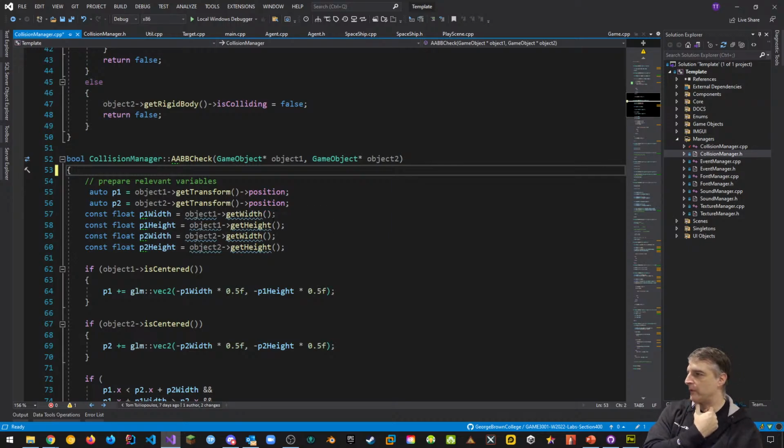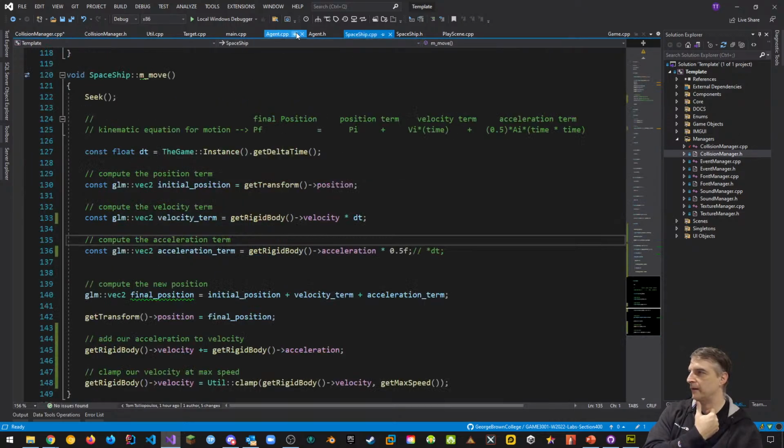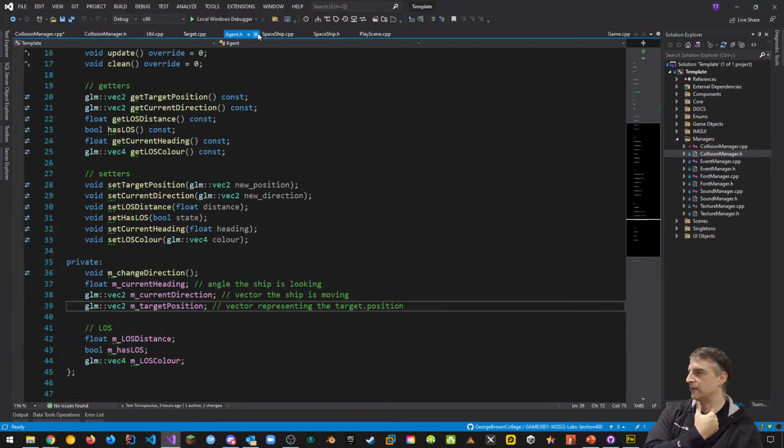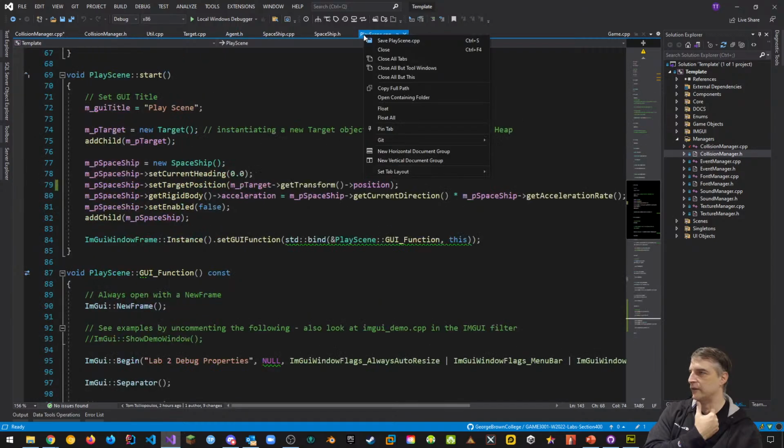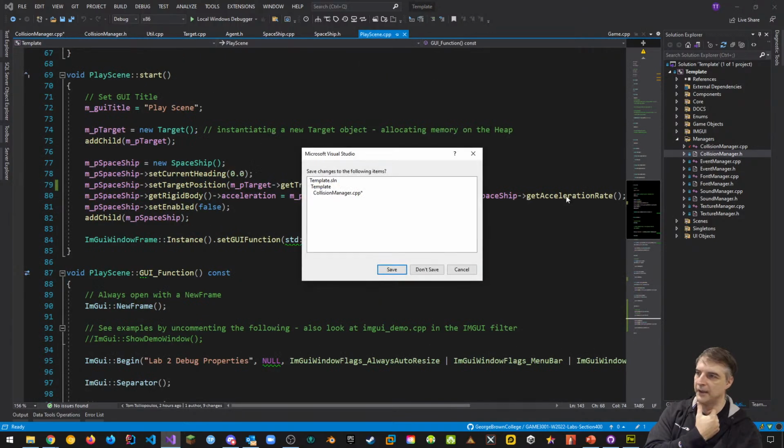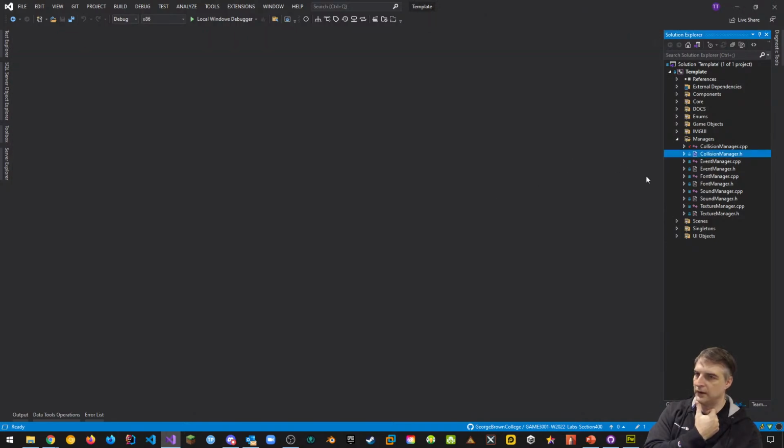But what is this get width and height anyway, right? Get width and height is something that we set in the object. So if I was to look at the spaceship, going back to my spaceship example, and let's close down all the other stuff that we don't need because it's just polluted. Actually, let's just close everything down, reopen our spaceship. How about that? Close all tabs, and we'll save everything, and we'll open up the spaceship just for a second